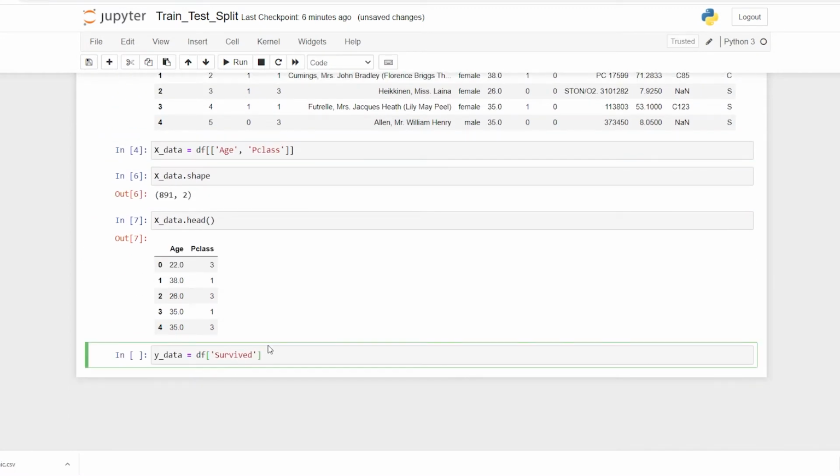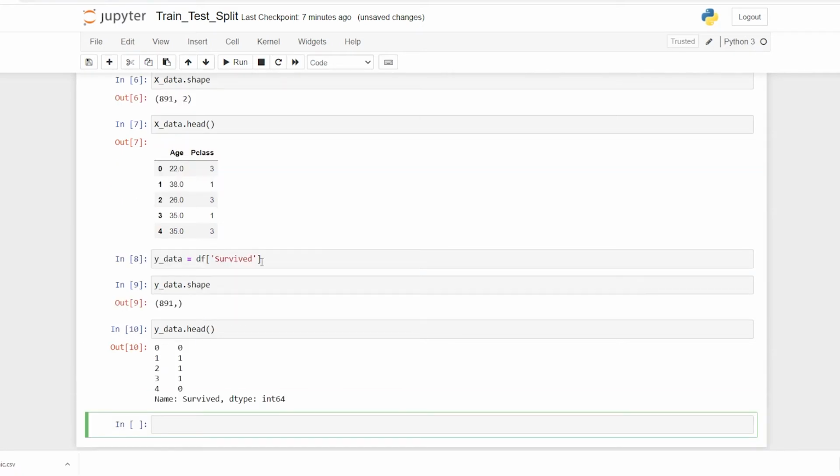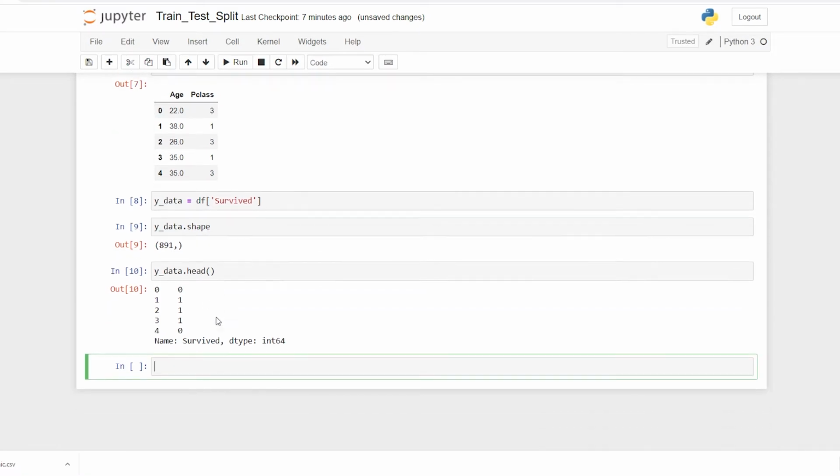Here I have just one column. So y_data.shape gives 891 rows with 1 column, and y_data.head shows the first passenger died, the other survived, died, survived, and so on. So 1 stands for survived and 0 stands for died.